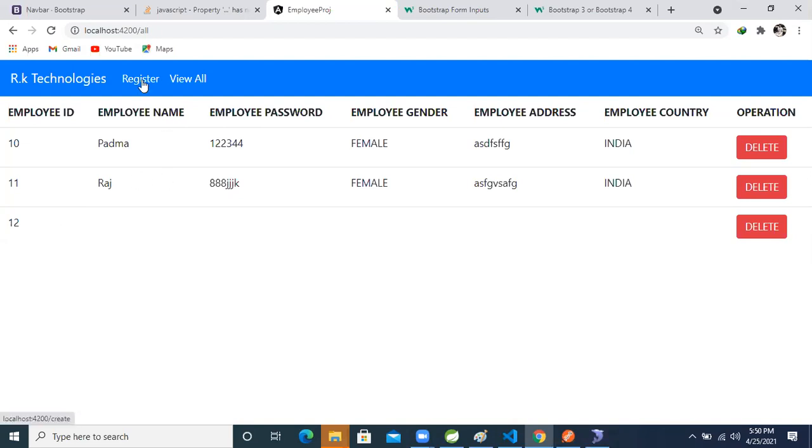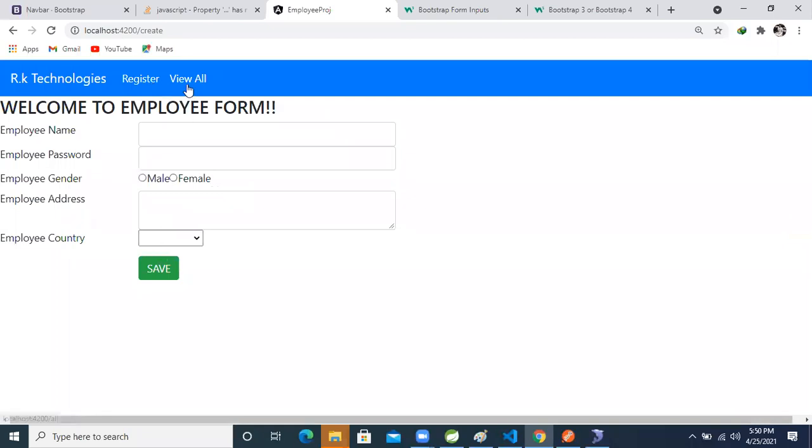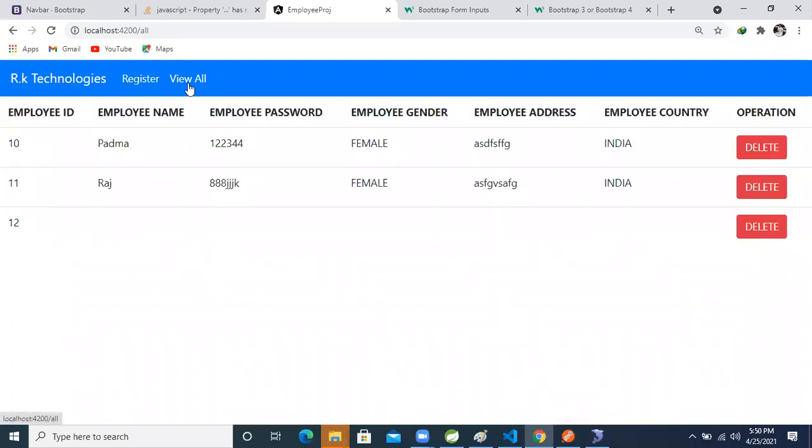But think about that: every time after saving the data, this page will show. How many network calls will come, and will the performance of your application reduce or not? In that case, sir, every time they need to see whether that employee is saved successfully or not. In my point of view, I completed all those things. After that, you have to do the practical and implement those things based on your recommendation.